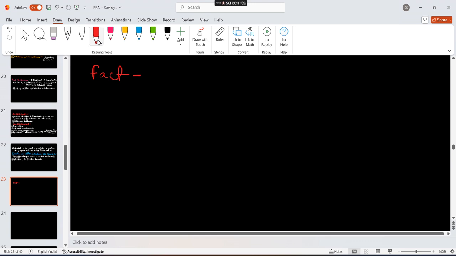Okay, and the definition of fact is provided by Section 2F. Okay, so F for fact, easy to remember. So what is fact? The definition says fact means and includes. So here, as with the definition of evidence, the definition divides fact into two types. Okay, so according to the definition, facts are of two types. First type is